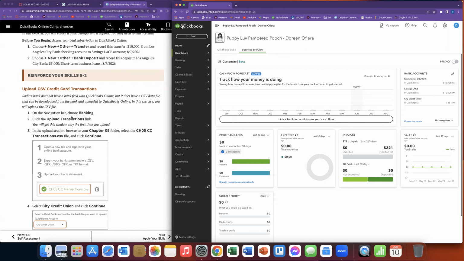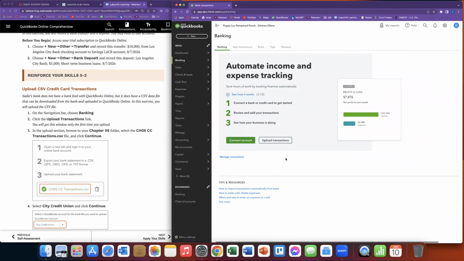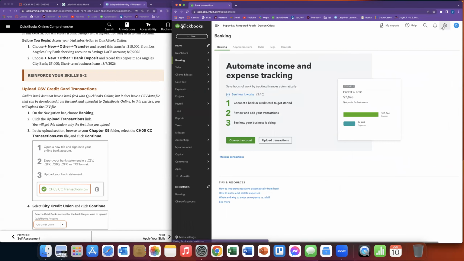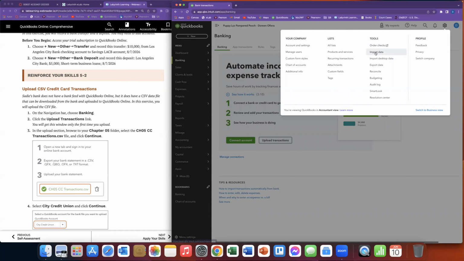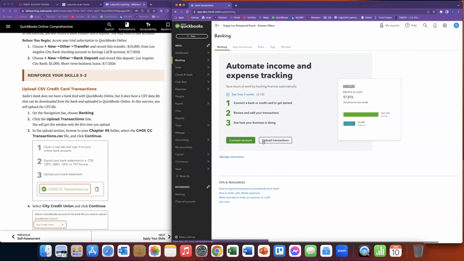transactions. Go to the navigation bar and choose banking. Okay, banking is here. And then it says upload transactions. So you can do it here. And do this. Just let me show you another way. You can also import data. It's the same thing here. Okay, but then you have to choose what you're actually going to do. You remember we did the chart of account stuff, which is doing the same thing with the bank data right now. Okay, so let's do it like the book says it, upload